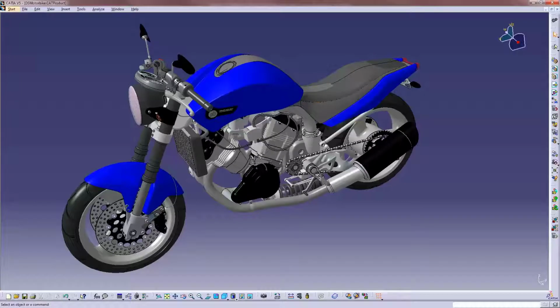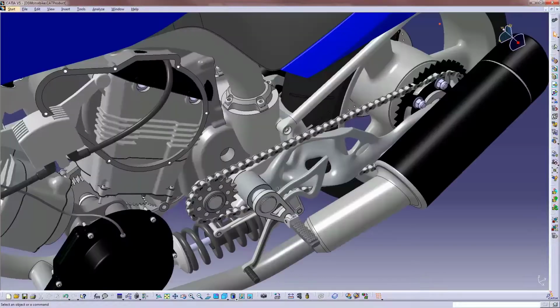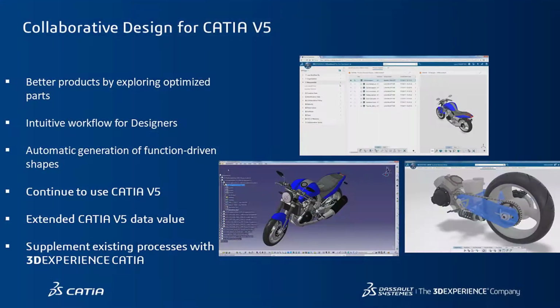Of course, once we've completed our design, the model can go back to CATIA V5. So that concludes this short demo. We've seen how we can now generate better products by being able to explore optimized parts. We've seen how it uses an intuitive workflow for designers, not for specialists,